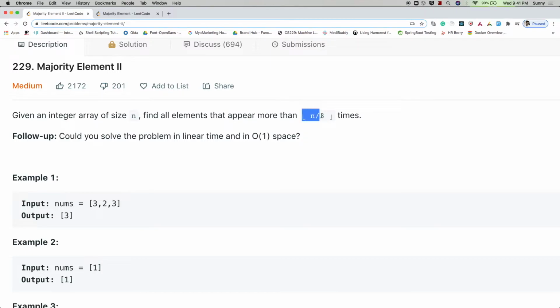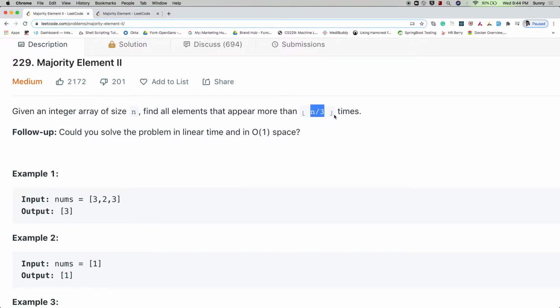For example, if we divide the given array into 3 equal parts, each will have one element, right? So here we need to find those elements which appear more than one. Then we can never get more than two elements which are greater than the floor value of n by 3. I hope that is clear.